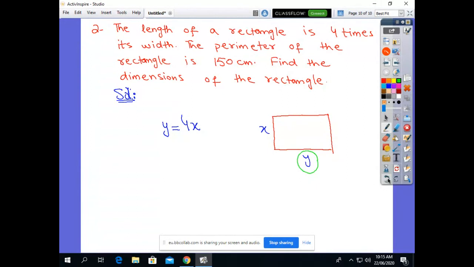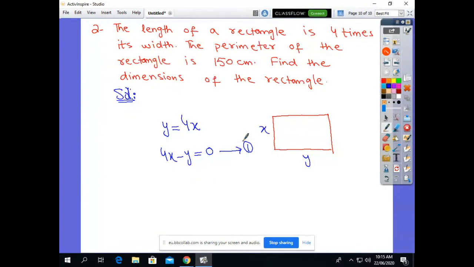4 times of its width, which is y is equal to 4x. Now we rearrange the equation. It becomes 4x minus y is equal to 0. We call it equation number 1. Now on the other part of the question, the perimeter of the rectangle is...